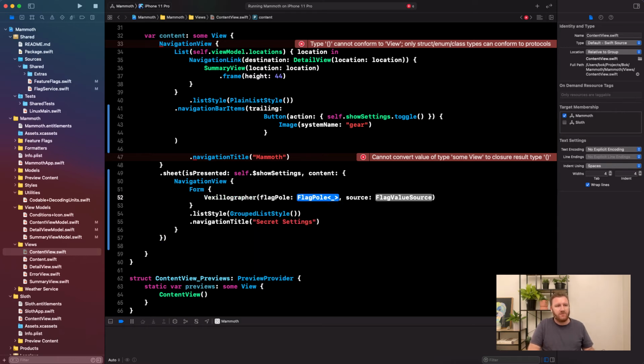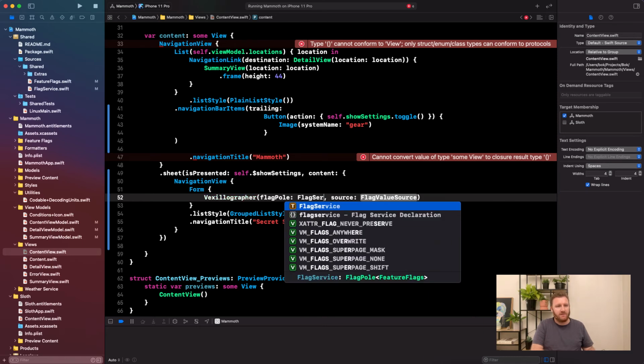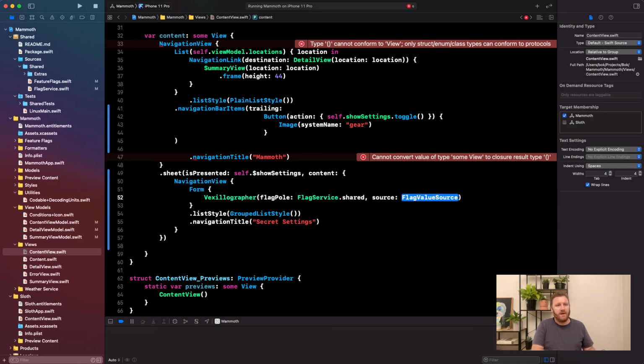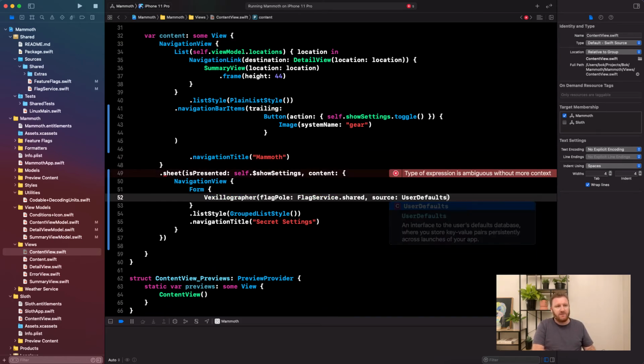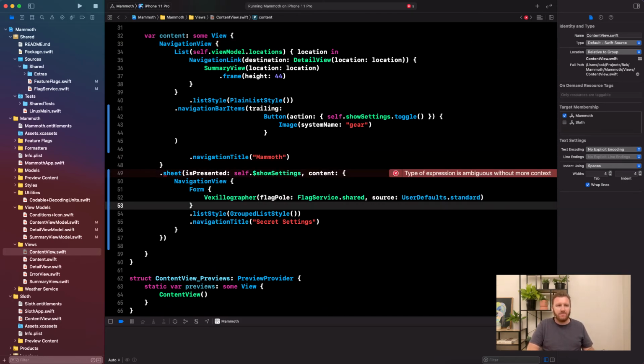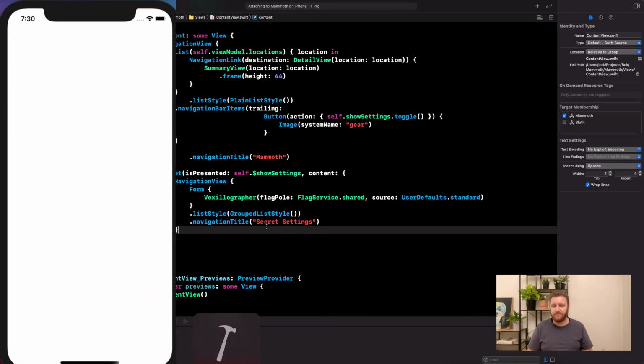and then we need to initialize that with the flagpole. So we have our flag service for that, so shared, and we need to tell it which flag value source we're editing. So in this case, it's user defaults, the standard user defaults. And that's all we need then to build an entire editing interface. So if we build and run that,